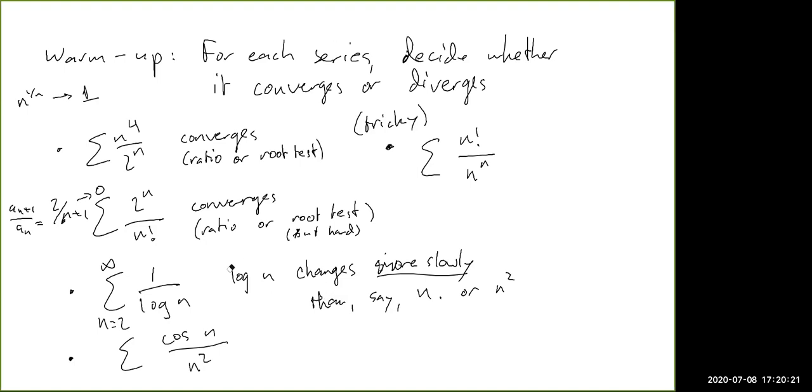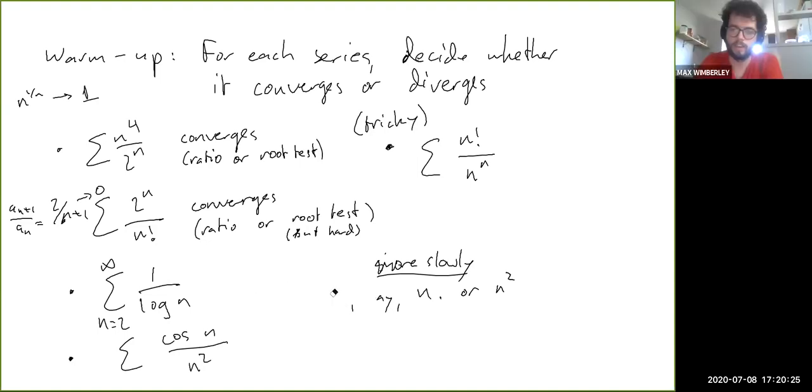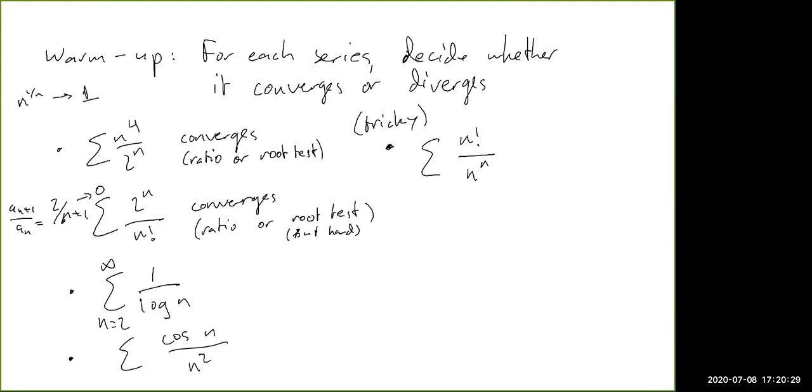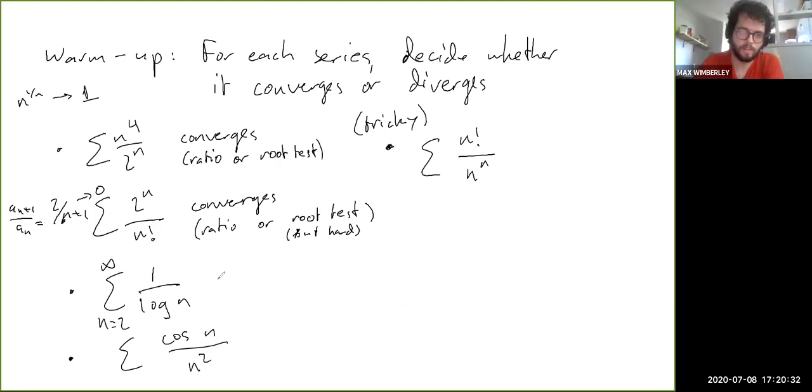Comparison, okay, I see. It can be greater than every 1 over n. Yeah, so you can use the comparison test. Very good. So ultimately, this should diverge